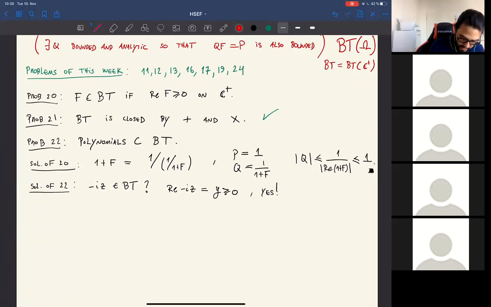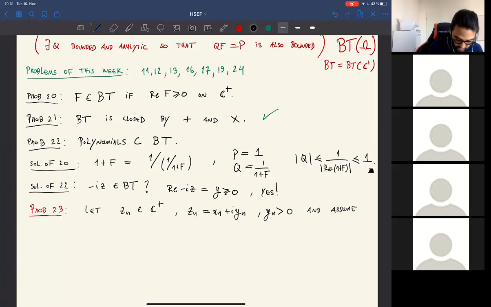Okay, so let me move to problem 23. And this would be more important. So let Zn be a sequence of points in the upper half plane, say Zn equals xn plus i yn, with yn always positive, and assume